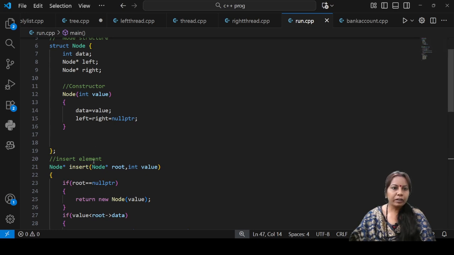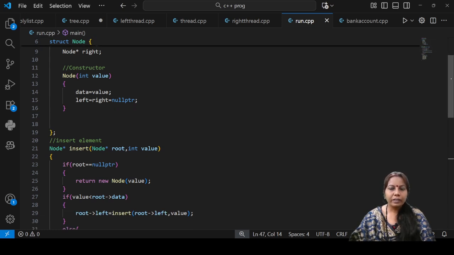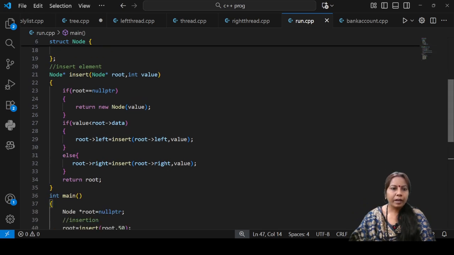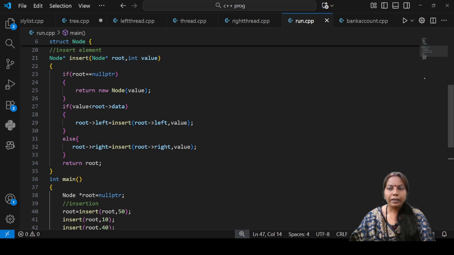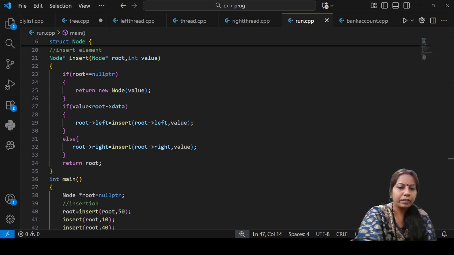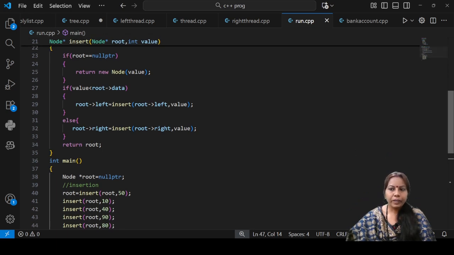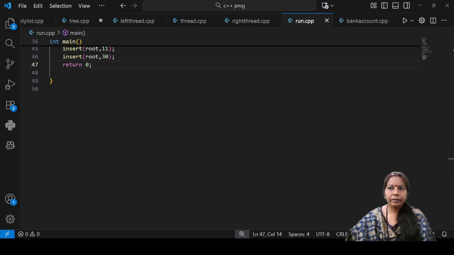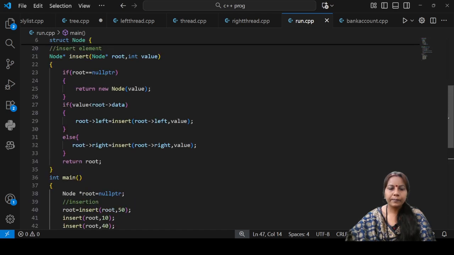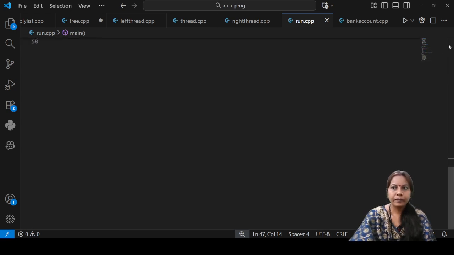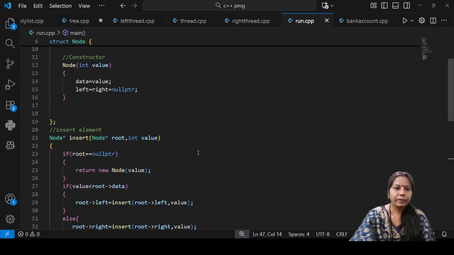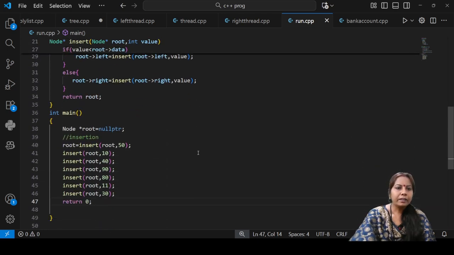Okay, so here this part is for the insertion, and here I have also inserted elements like 50, 10, 40, 90, 80, 11, 30, like this.